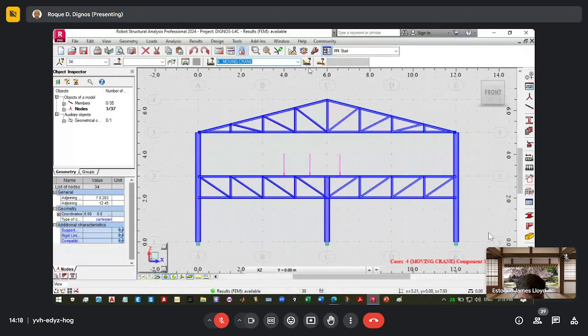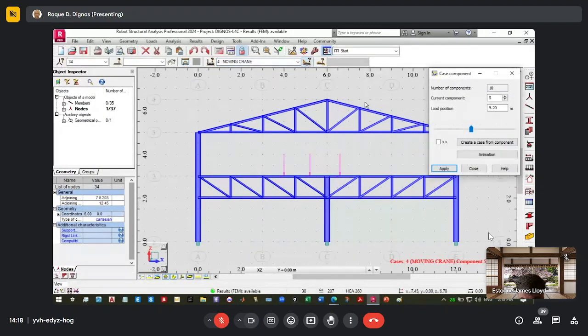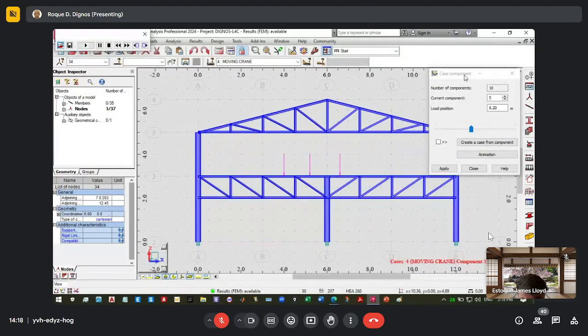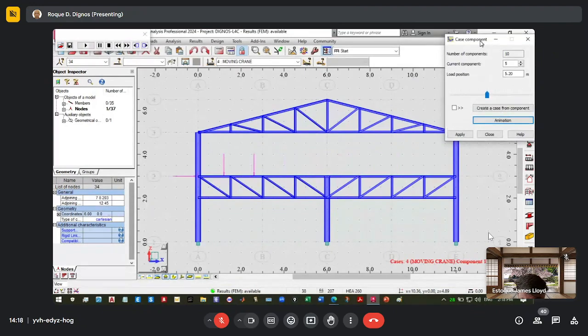So we go to animate, animation, and just animate and start. You can see here that the moving load is really moving. One thing unique with this software is that it gives you a visualization of the moving load, so at least it's easy to check if you can see it graphically rather than in tabulated form.